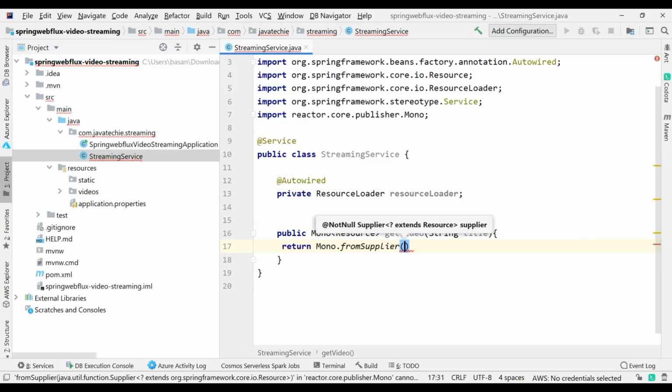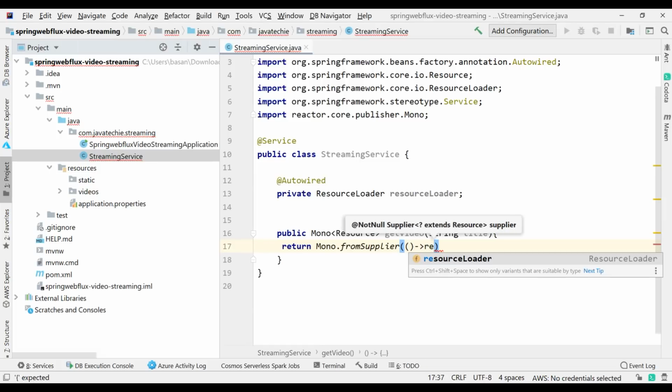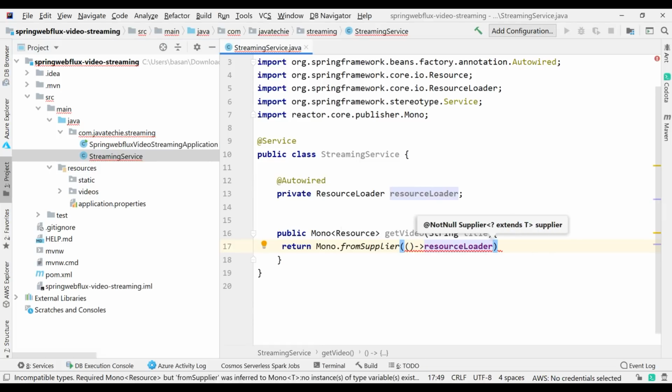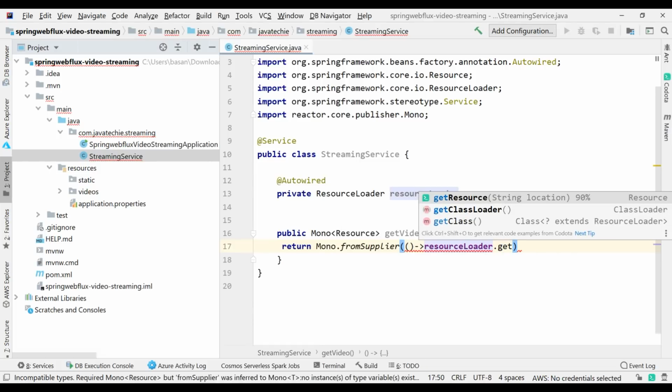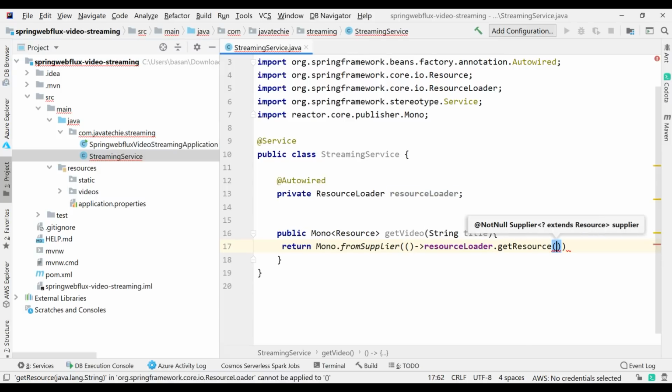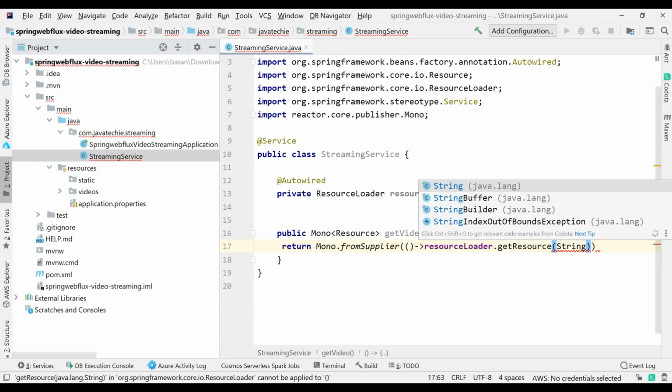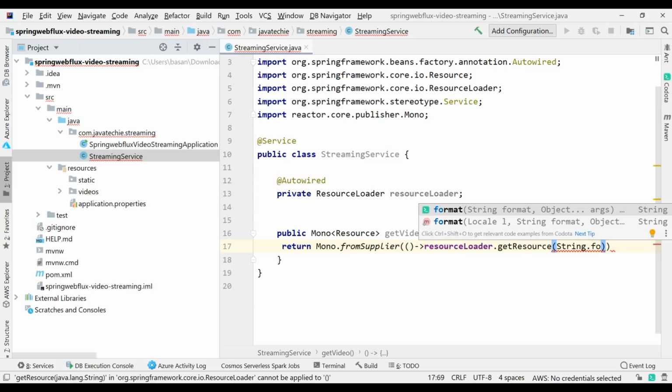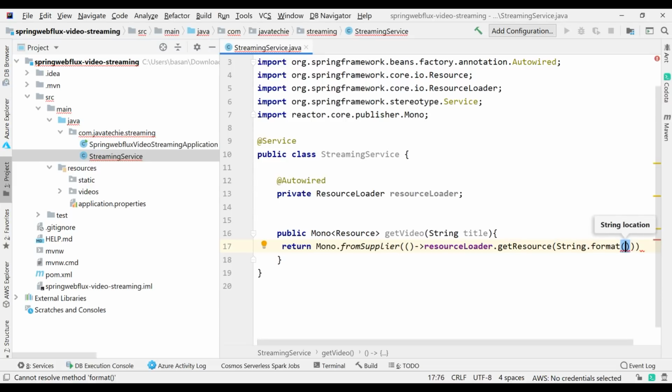Then here I can directly load the resource from the resource folder. So simply I can write resourceLoader.getResource and give the format. I'll use String.format. The format will be MP4, and the title, which we are already giving, right?